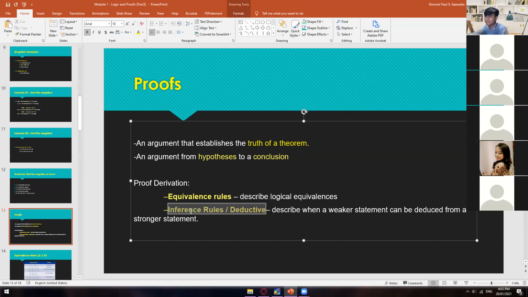So in an inferencing rule, this can be done, for example, by having 5 variables or 5 hypotheses, and then concluding by using 1 variable or 2 variables only. So from 5 hypotheses into 2 conclusions or 1 conclusion. Okay, so I'll give you guys some examples on how to do inferencing. But for now,